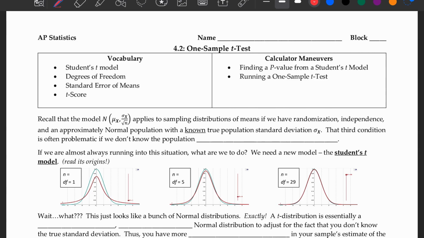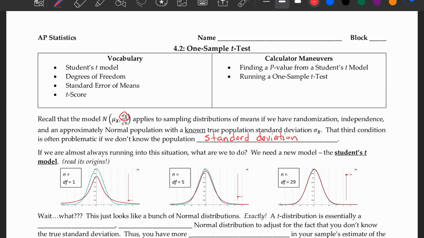Notice that formula has sigma sub x standing for sigma, the population's standard deviation. Well, that third condition about it being from a normal population with a known standard deviation could be a bit problematic if we do not know the population's standard deviation,